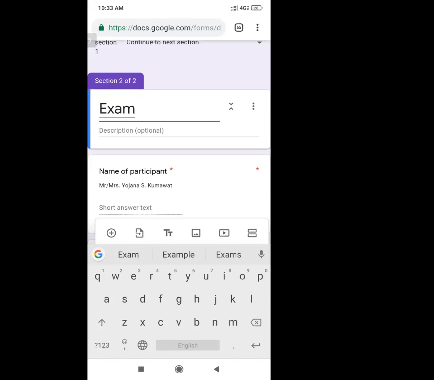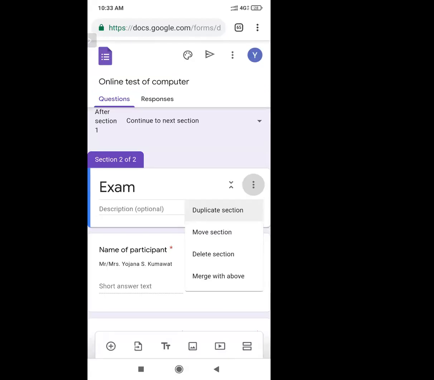Here you can also see the 3 dots are there. Just click on those 3 dots. From those 3 dots you can create a duplicate section. As we created a duplicate question, the same way we can create a duplicate section.